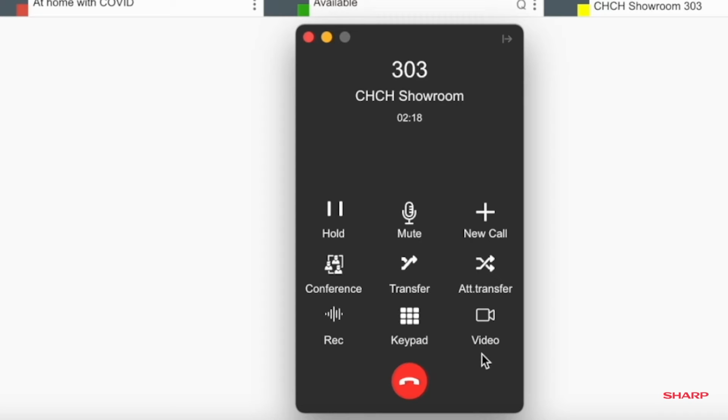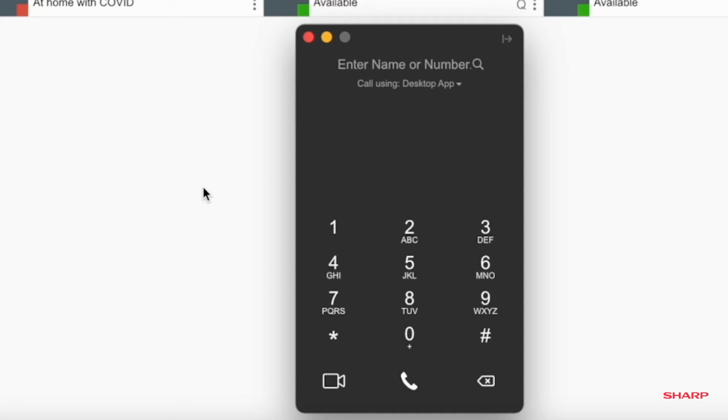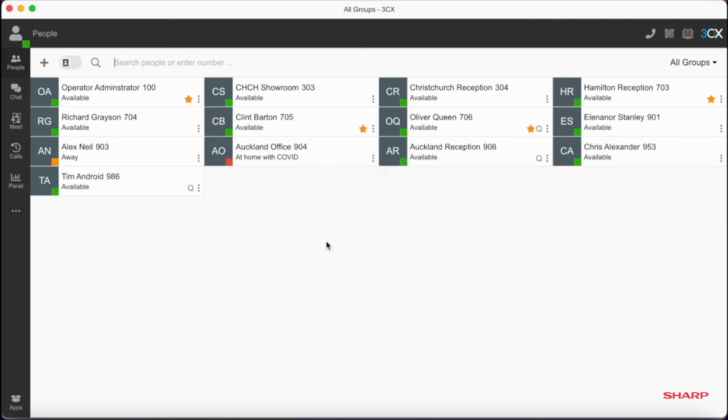So this might be a user who's also got the 3CX desktop application, or they might have the mobility application on their phone and they could have a video call with you in real time by clicking on that button to do so. We'll end this call and move on to some additional options now,